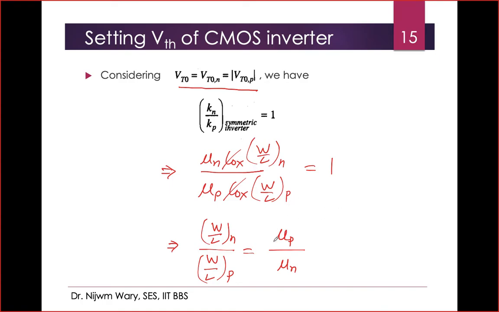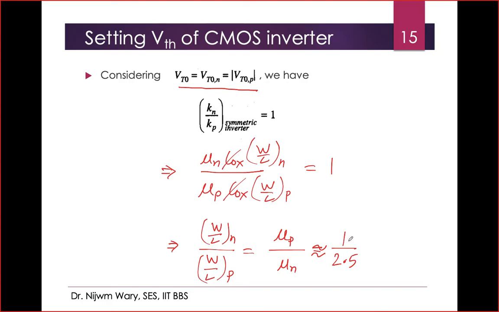From semiconductor physics we know that the mobility of the holes is much smaller than the mobility of the electrons. The electrons are more mobile than the holes. That's why, if you see this ratio, it depends of course on the fabrication, the doping concentration and different factors, but approximately what you'll get is 2.5 times. So the electron mobility will be 2.5 times higher than the